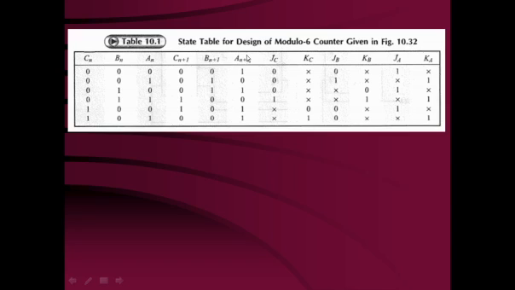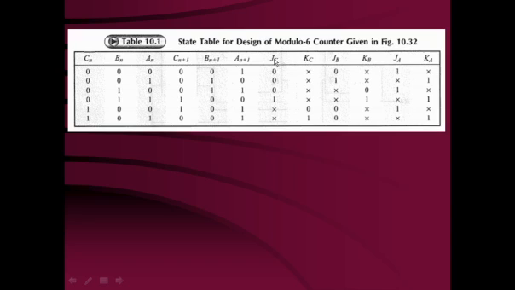So these three columns represent the next state. These three columns are our present state, the current state. These three columns are for the next state. Now, to jump from this state to this state, what are the conditions of the three flip-flops? That is flip-flop C, flip-flop B and flip-flop A. What is the condition for JA, JC and KC?